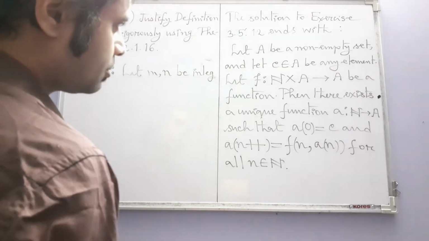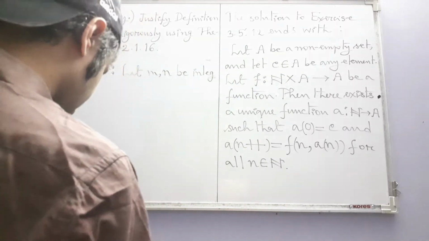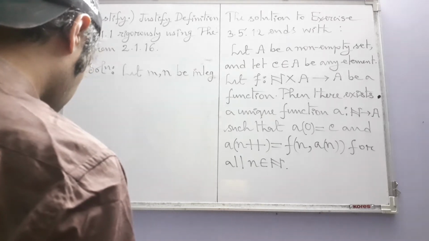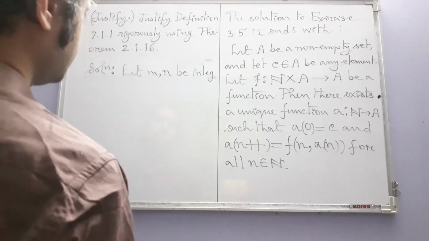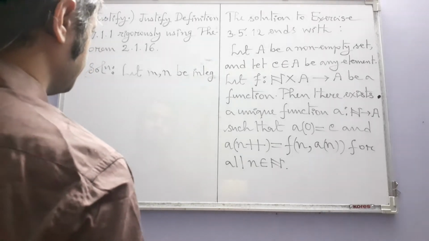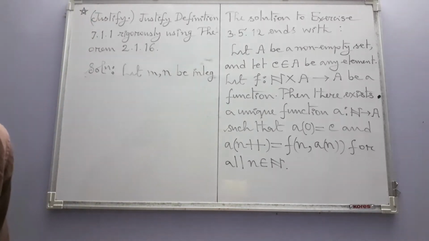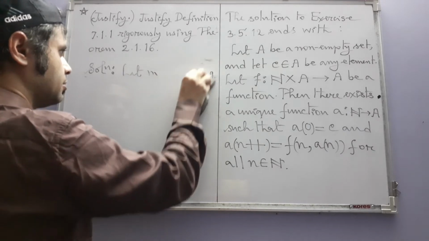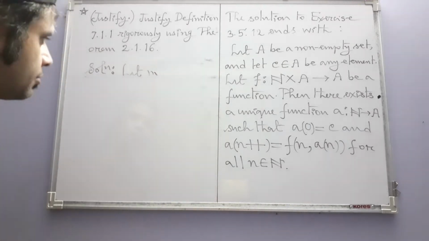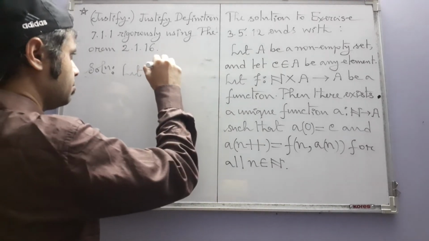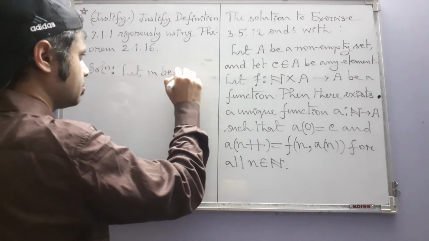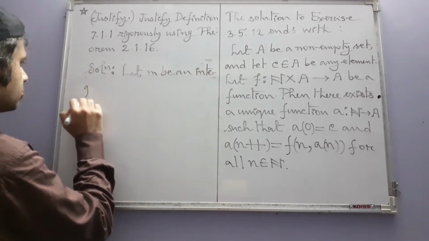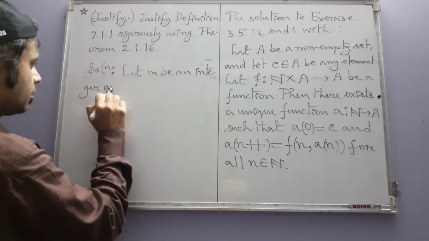Do we need to actually start off like this, or no? In fact, there is no need to do that. There is no need to mention n. Let m be an integer and